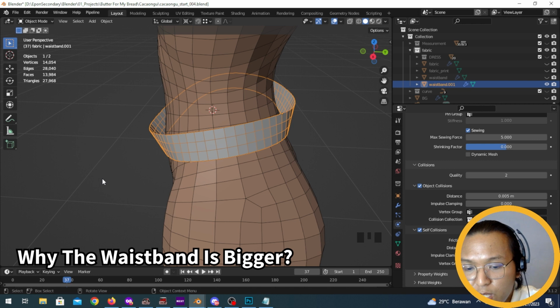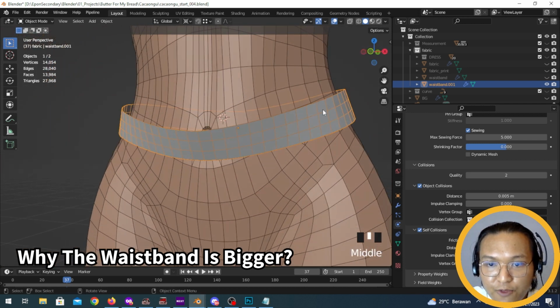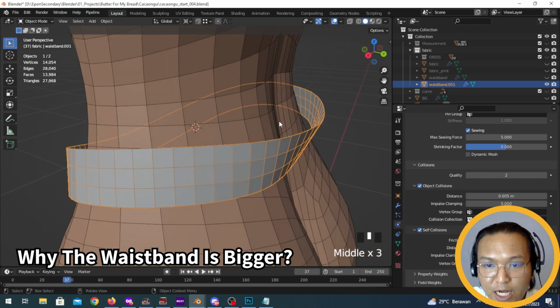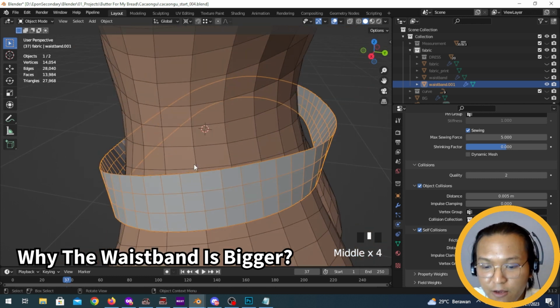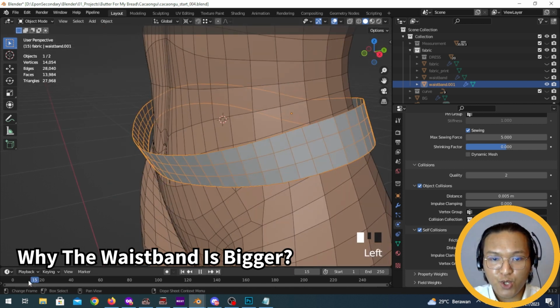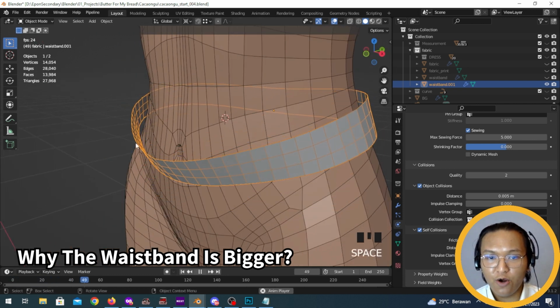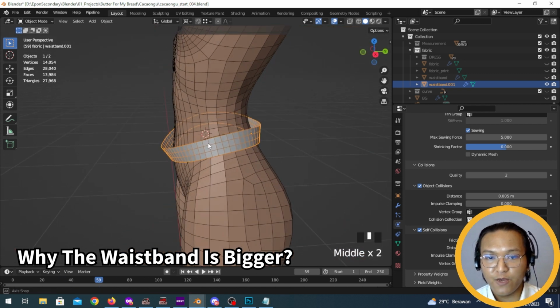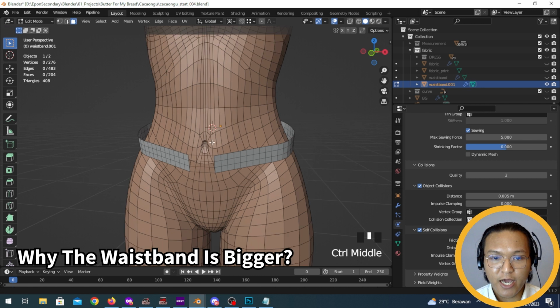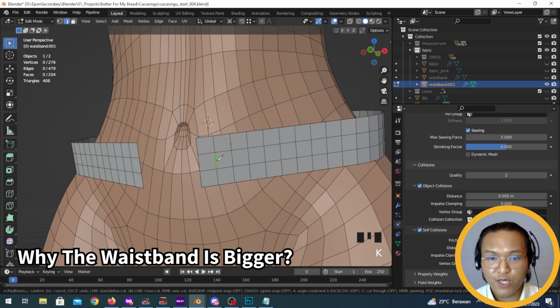However, you would notice that the bottom part is actually great, but the top part has this excess flappy thing, right? So to fix the flappy excess part of the upper part of the waistband, this is what you can do. What we can do is to cut. So let's cut this first, and to fix that, we can create a diagonal